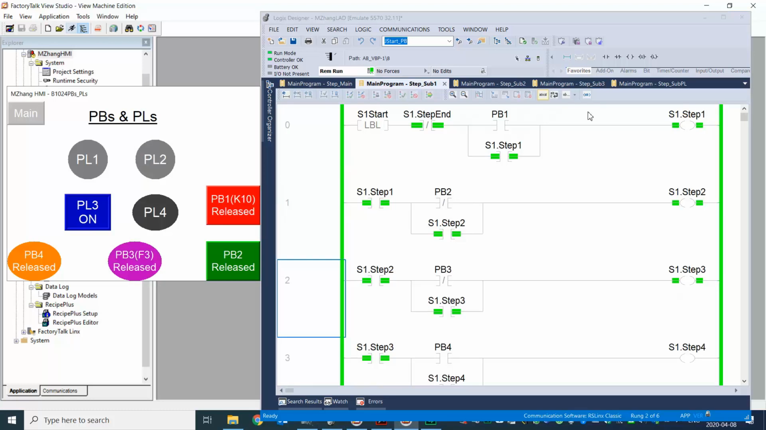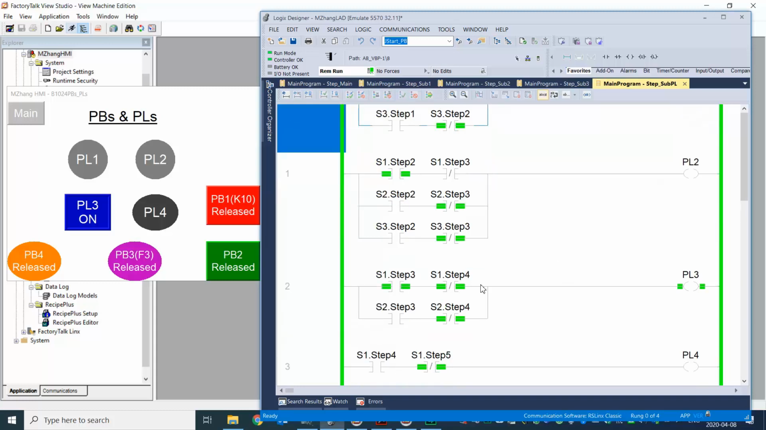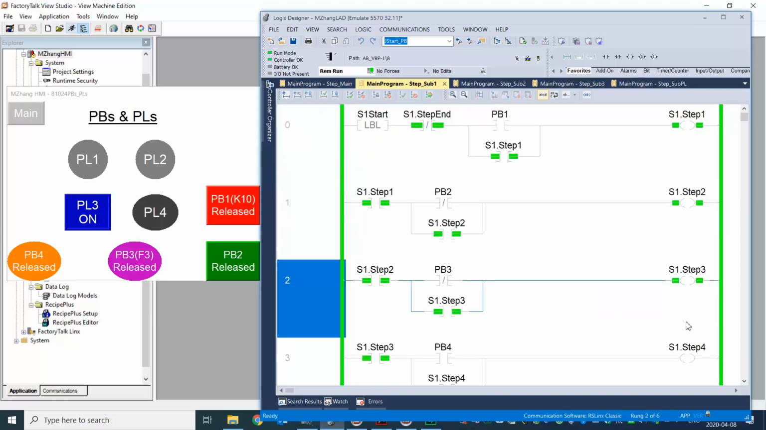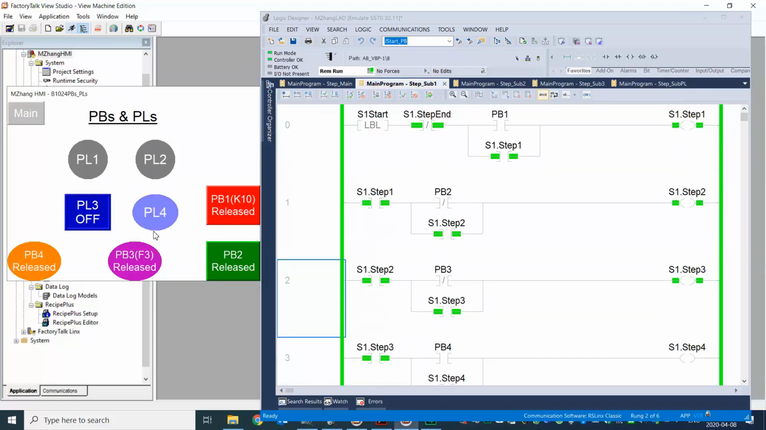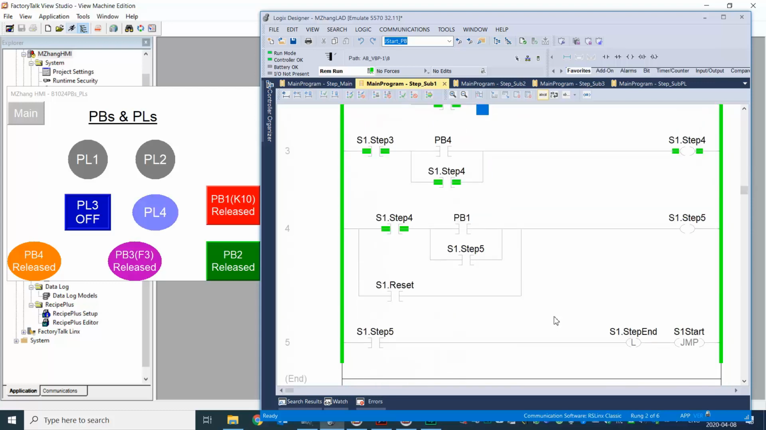Just in case you want to see what's going on with the pilot light, that's here. You can see right now this branch is true, that's why PL3 is on. We are in subroutine 1, step 3, not into step 4 yet. So we go back here, that's exactly what happened here. So when we press PB4, PL4 turns on. And then if we look at the next step, we're supposed to press PB1 to clear out all the steps, but at the same time we will latch